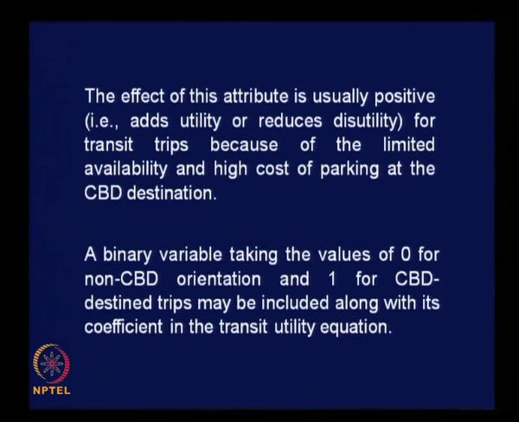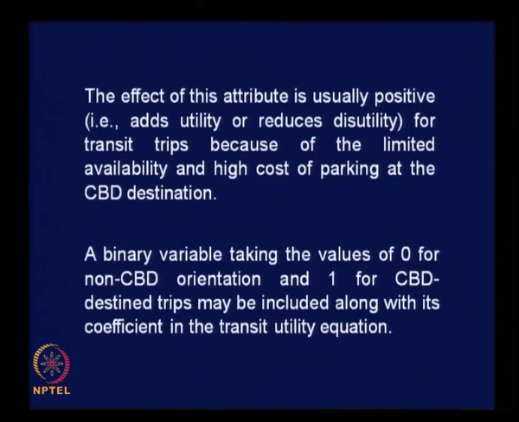You introduce a binary variable, which is also termed a dummy variable by some authors, to distinguish between transit and other alternative modes. So, this variable will take a value 1 if the trip is towards CBD and 0 if it is non-CBD